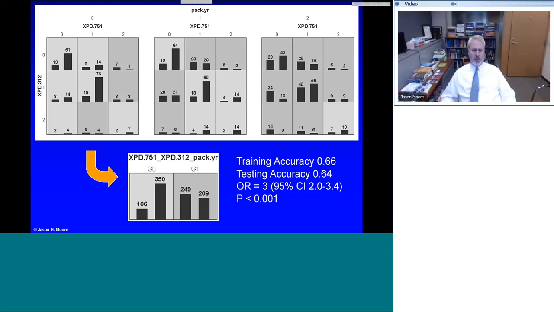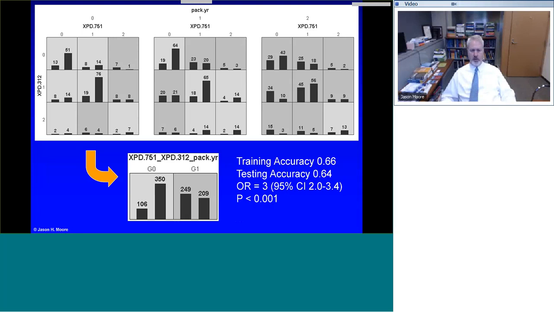So what you're looking at are 3 different biomarkers, 2 different polymorphisms in the xeroderma pigmentosum gene, the XPD gene, shown on the Y and X axis of these plots. The genotypes are coded 0, 1, 2. And then shown at the top, the different panels are pack years of smoking. So on the left side, you have subjects that smoked less, and on the right side, you have subjects that smoked a lot. The bars represent, the left bars are the number of cases, people with bladder cancer, and then